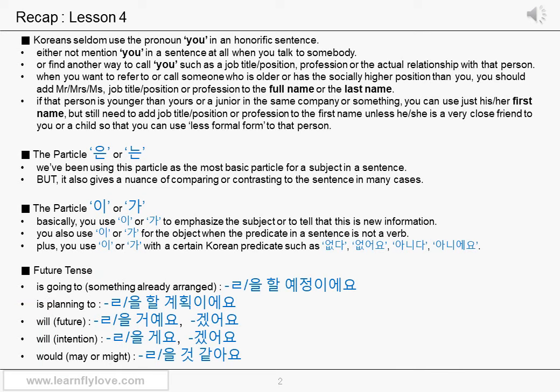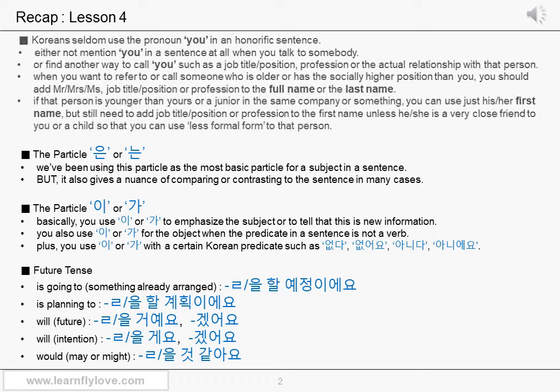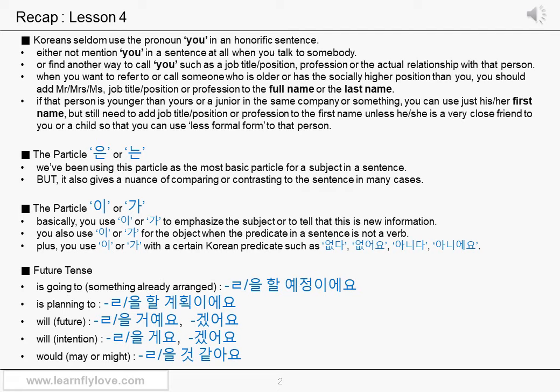As we told you several times over previous lessons, Koreans don't really use the pronoun you in an honorific sentence. That's mainly because the direct translation of the English you can sound very rude or offensive if you don't use it properly. So when you speak Korean, you either don't mention you in a sentence at all when you talk to somebody, or find another way to call you, such as a job title, position, profession, or the actual relationship